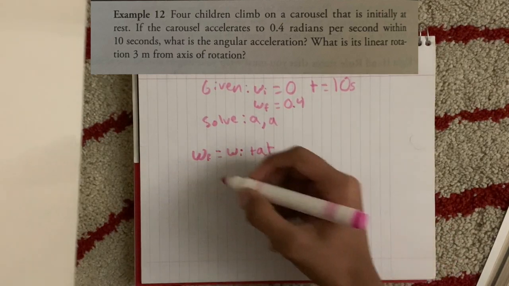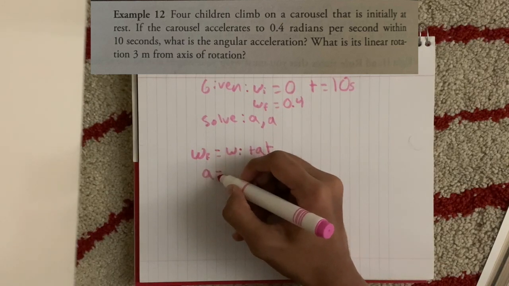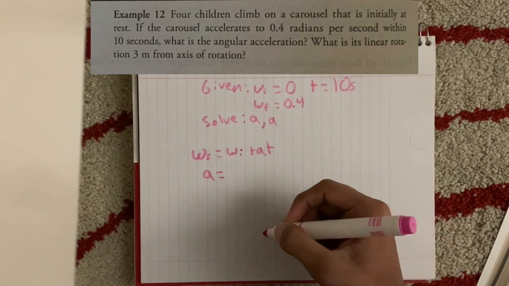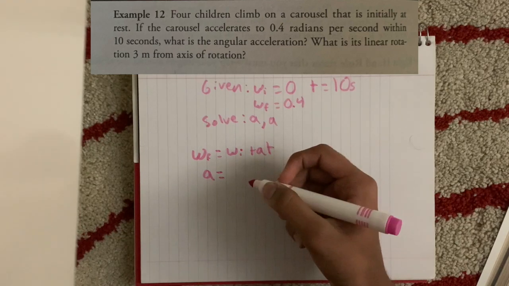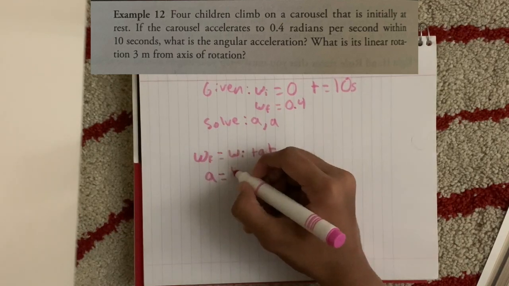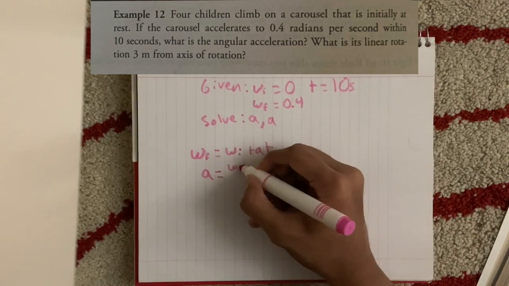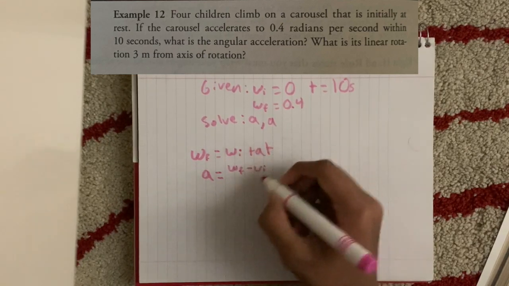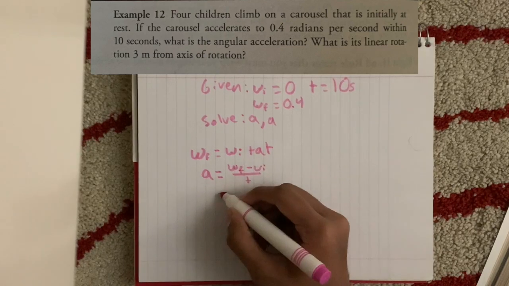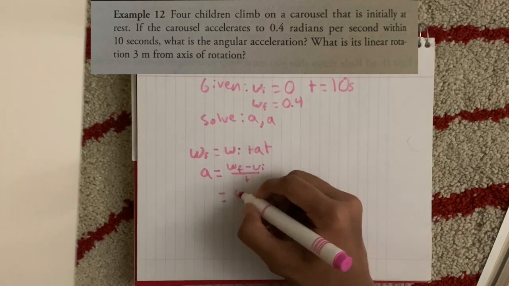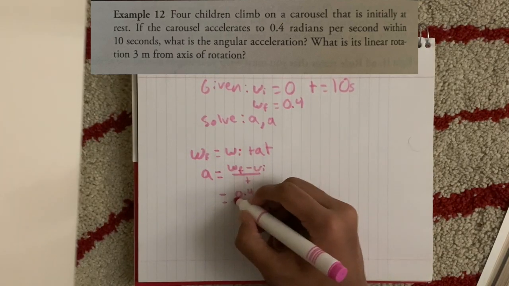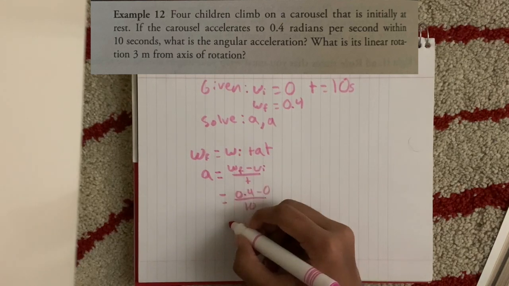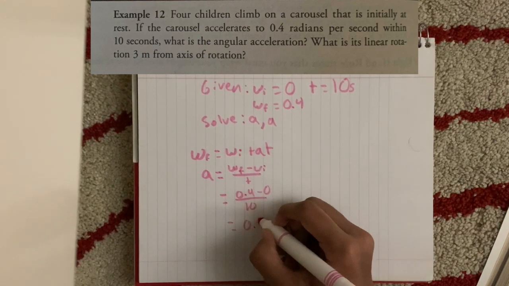And rearranging this for the angular acceleration, we would get the final angular velocity minus the initial angular velocity over time, which would be 0.4 minus 0 over 10, which equals 0.04